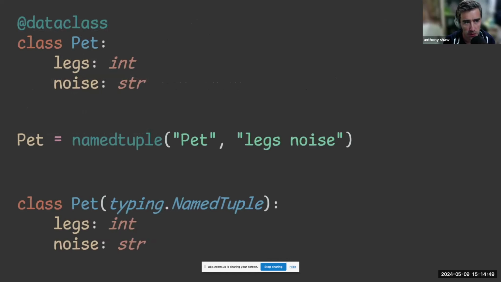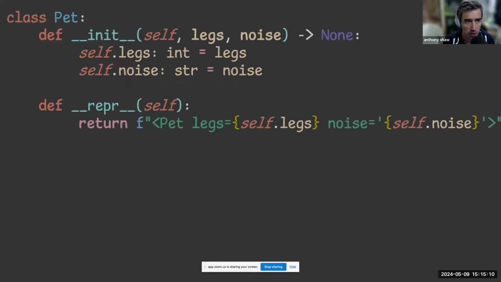So in this example, I've got a class called pet, which I've made a data class. It has a number of legs and the noise that it makes. I could also represent that as a named tuple, or I could have a pet using the typing.NamedTuple base class. This is three ways of achieving the same thing. Or a fourth way is that I could introduce a class and add all the parameters myself and implement the repr method. So this is probably more code,